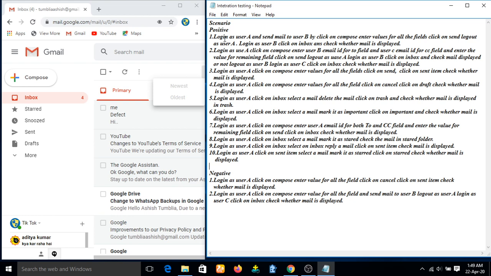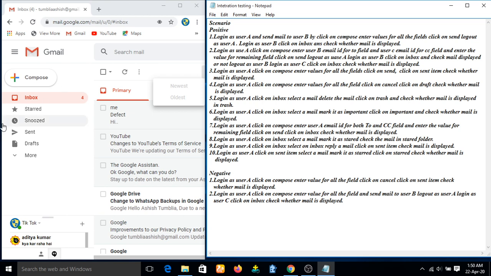After that I have to send the mail. Then I have to log out from this account, go to that particular account, and check whether the mail I have sent is present in that account or not.